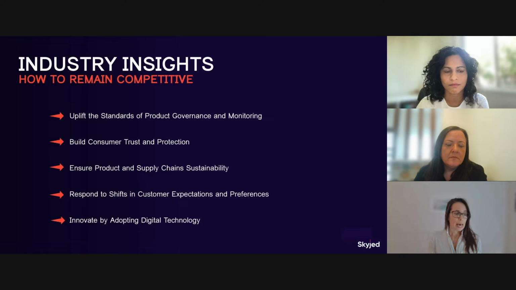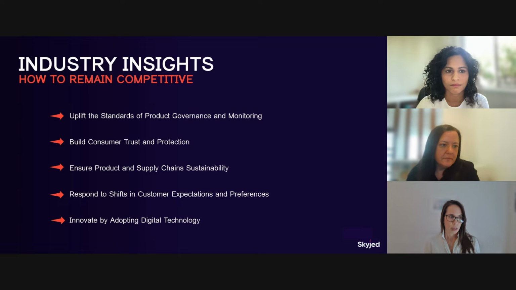Recently in the news, we had the Apple sentiment data that brought to light that the company is actually facing challenges with product governance. So at this point, the message is clear for companies to be prepared and equipped.